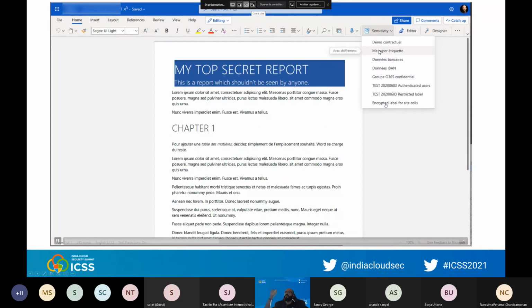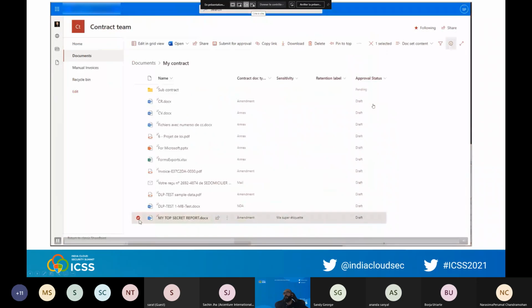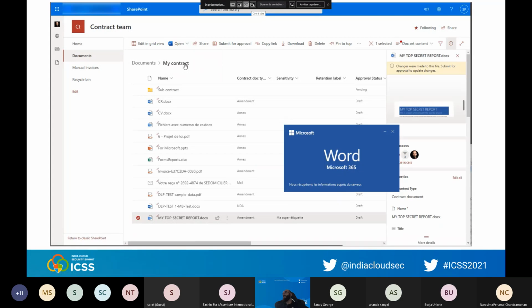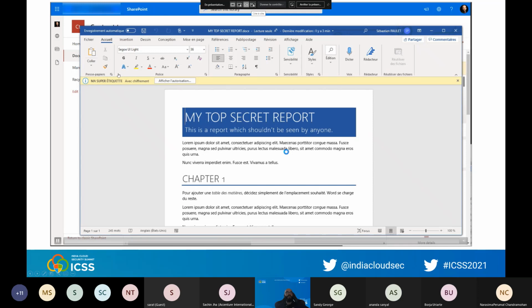And for each label, you can have a specific setup that you will do on your Office 365 tenant. And doing so, after then, you can open your file in Word Online or the real Word application like this one. And you will see that you will have an indication that the label has been applied here. See, this is my label name with encryption, and I can see the detail of the encryption.